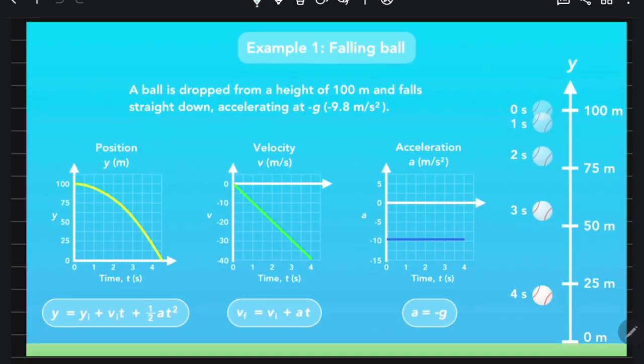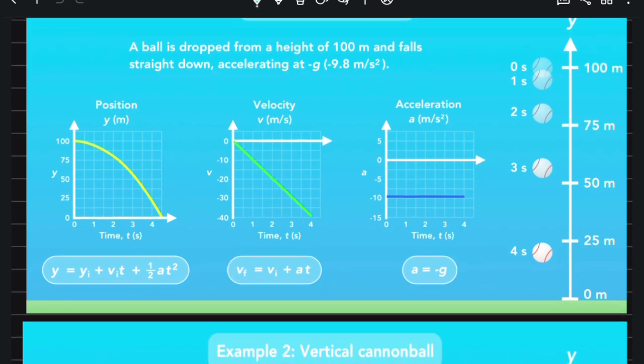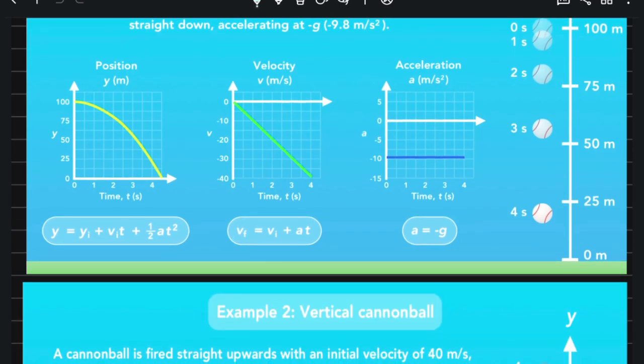Right? And there are two examples which are very useful. A ball dropped from some height, straight down, and acceleration is minus g. Then its position time graph is a parabola and the velocity time graph goes along the negative axis. It is like this. v is equal to minus gt, and position is equal to minus half gt square, from ut minus half gt square. And the acceleration is constant, means acceleration is basically minus g. Understanding my point? These are very important graphs.